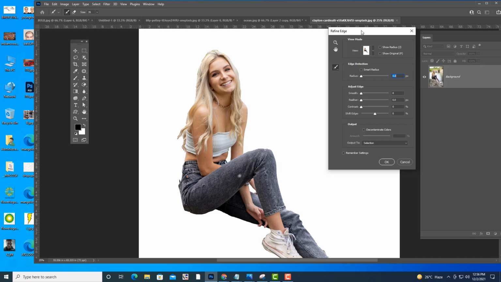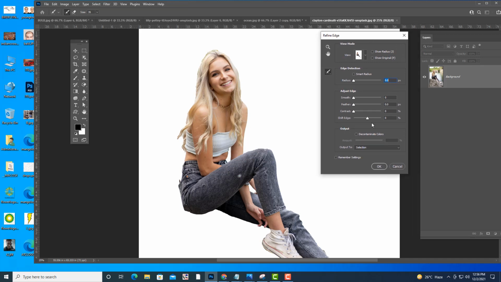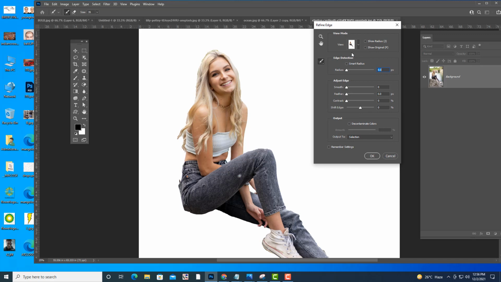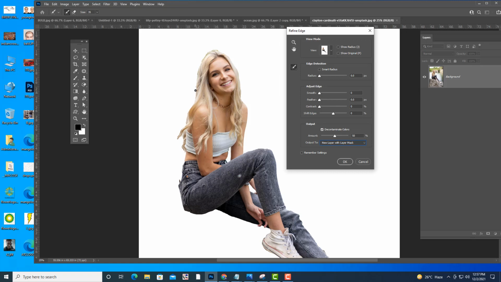So how to do quick hair selection? See here, we have some options. First, we are going to click on decontaminate colors, and we are going to select this option, new layer with layer mask. Then I only want the hair to be a little bit soft.